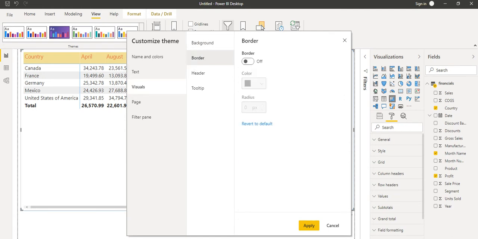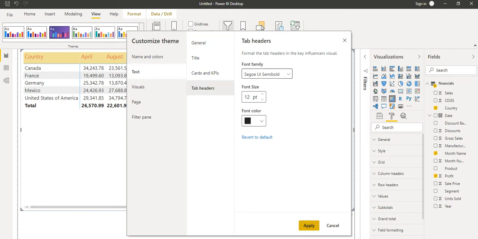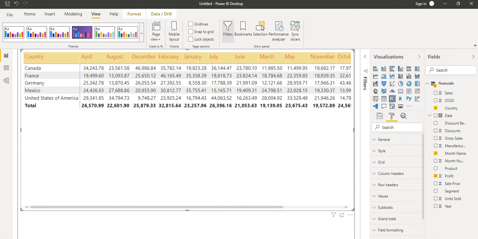It will be applicable for all the sheets, not one particular sheet. If we make any changes here, it will apply to all the sheets. When I apply this, we can see it is showing the changes.